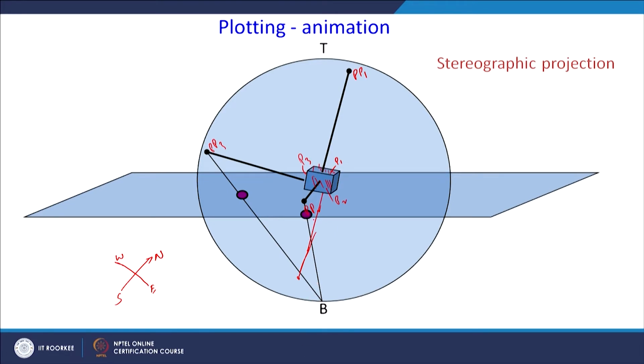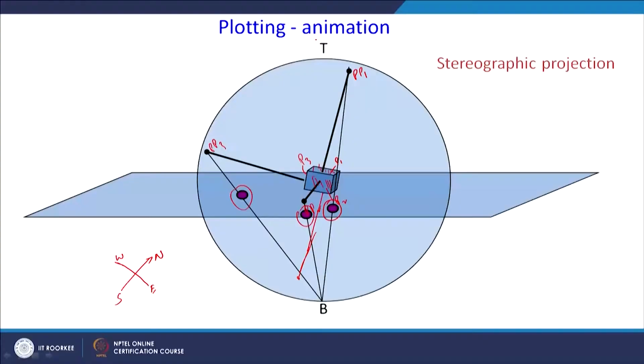It is also cutting the equatorial plane at this point. So, there are 2 already, then the third projection will also cut the equatorial plane at one point. So, basically now we have reduced the 3 dimensional information into 2 dimensions by this projection of poles.